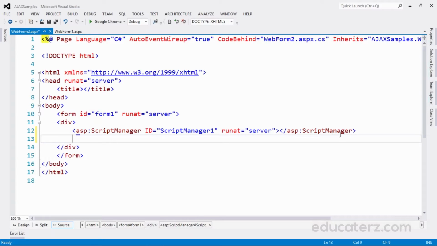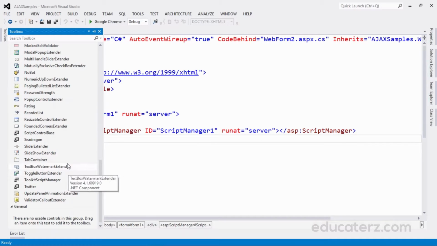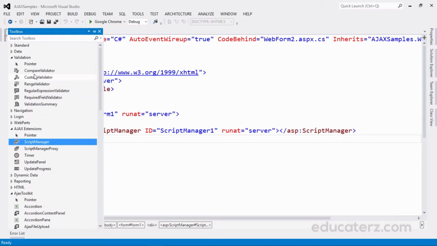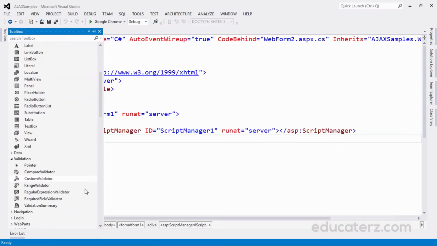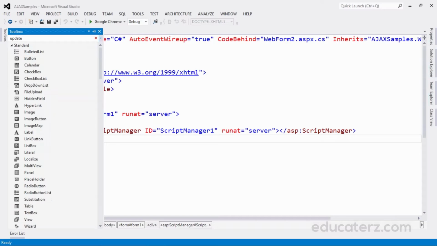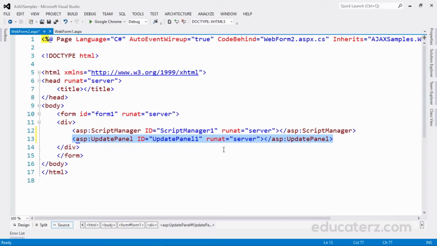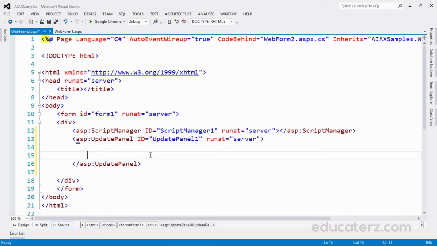Now what I'm going to do is I'm going to add one update panel. Update panel, get that? You can get it in a update panel. If you don't find anything, you find like this AJAX extension, ASP update panel. This is the one. Now what I need is a content template I need within that ASP update panel. Content template,